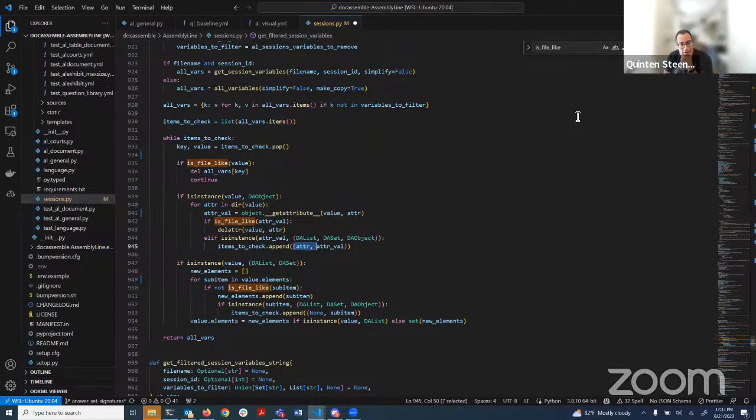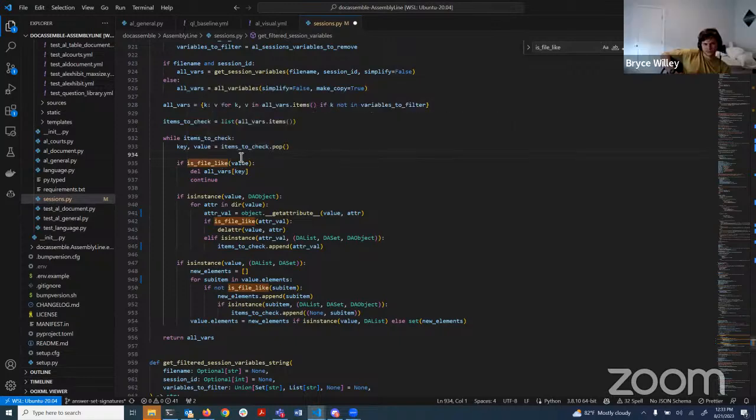Okay, if it's a list, set, or DA object, I don't want to append a tuple of the key. I just need the value to be stored there, right? Well, you're always assuming it has a key, right? Like it needs some key. It would be key. No, because this is going to be a list. Once I copy it, it's going to be pointers, references to the objects. So if it's a top level object